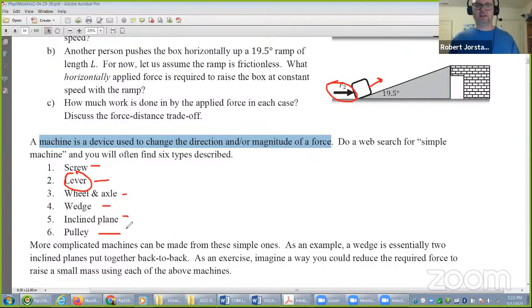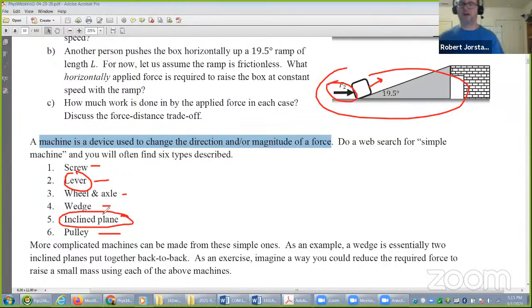I should have been calling it the inclined plane. I'm sorry about that. But yeah, so we've got this inclined plane. Now you could say, what's the difference between that and a wedge? All right, whatever. A wedge is two inclined planes back to back, say, but if you're a mechanical engineer, this